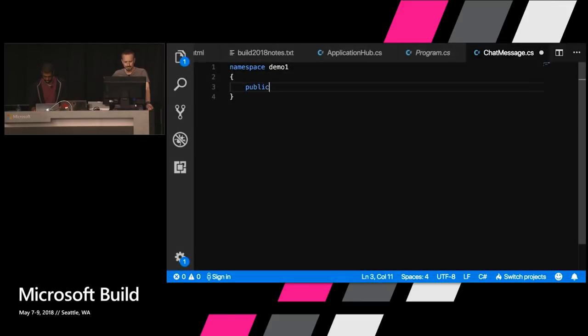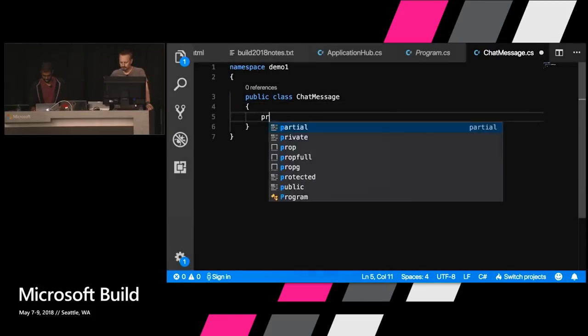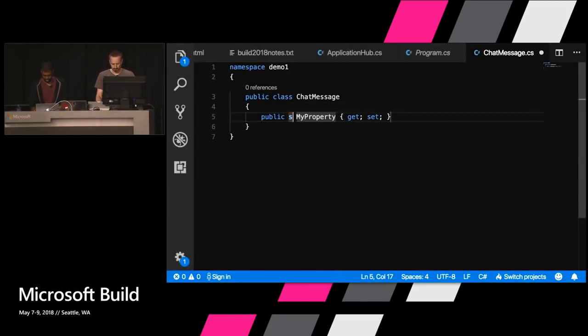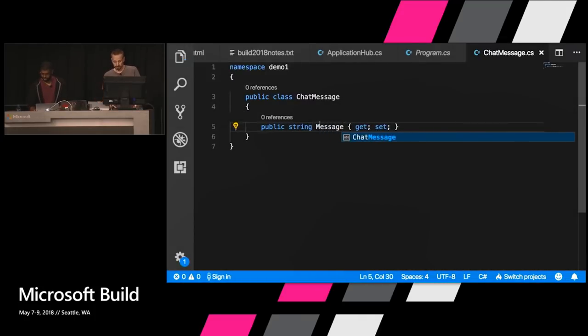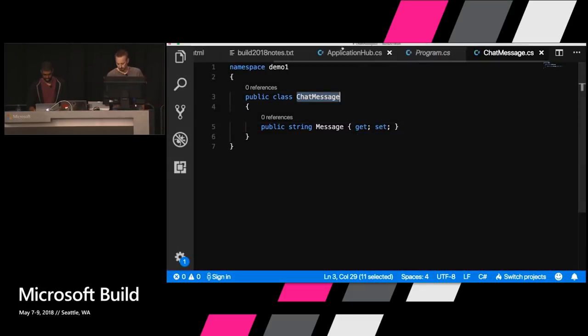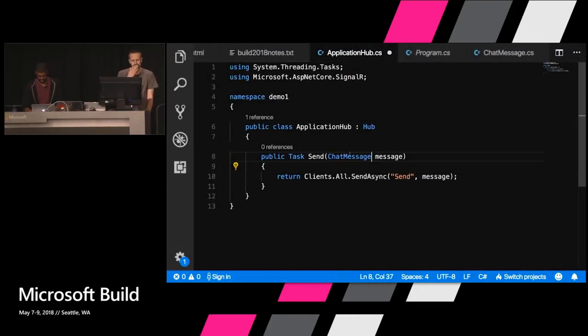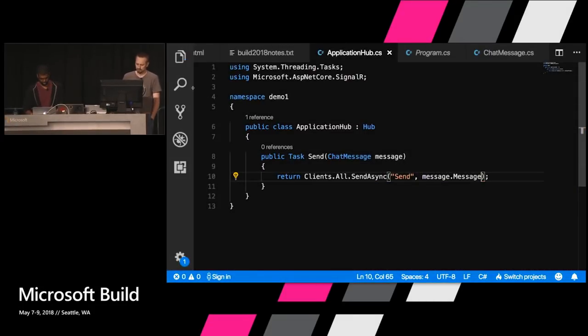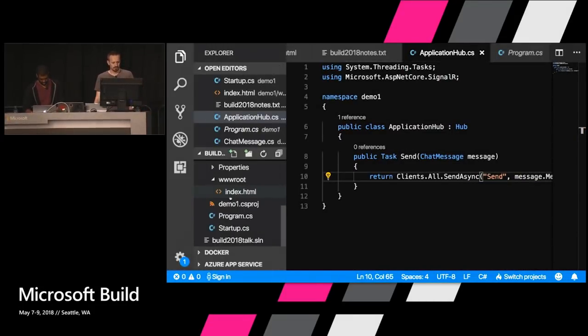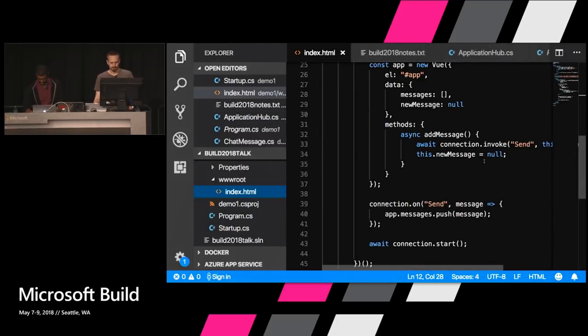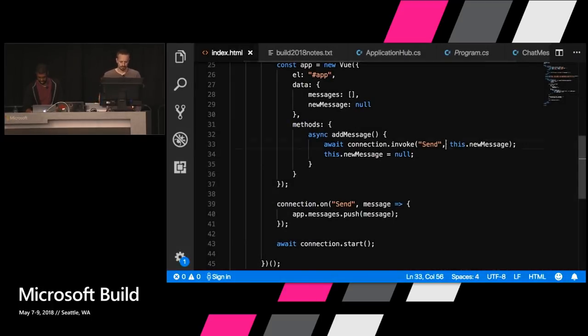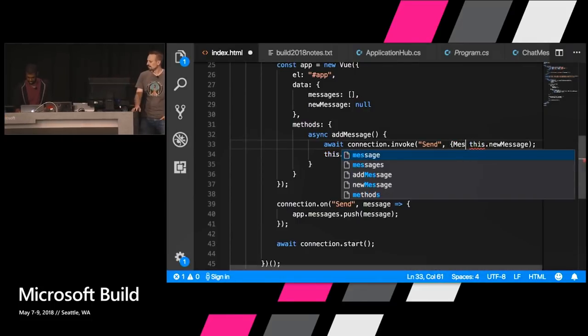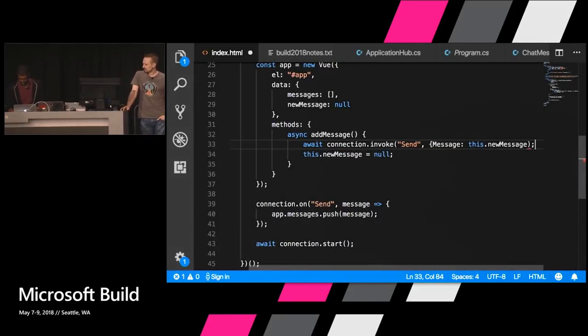Namespace Demo1, public class ChatMessage. It has a property, a string, not a static, Message. And then let's take this into the send method. I will send that message.Message. This should work if I update the client to pass in an object that has message equals, colon,